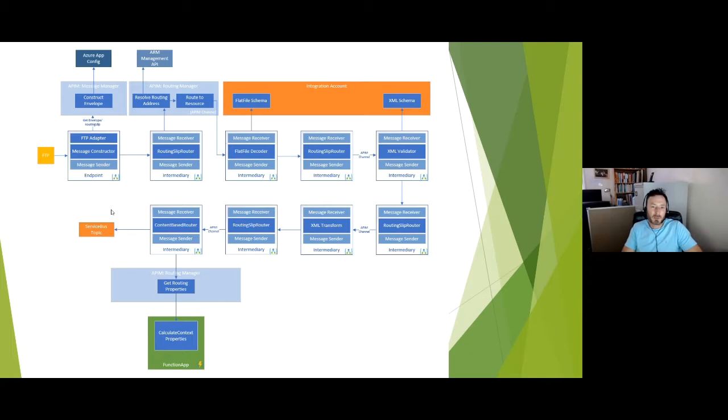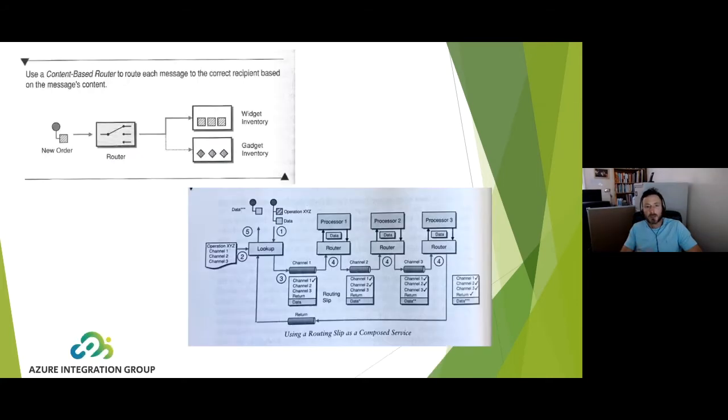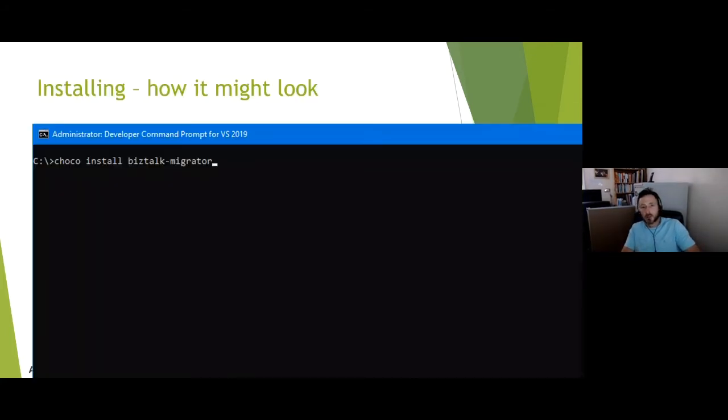But I think what we can do now is move on to actually look at some of the screenshots that have been released of the tool itself, because these diagrams give a fascinating insight into what the tool does. So let's just skip on to this. One of the things, I mean, this is just a bit of a mock-up, but one of the things